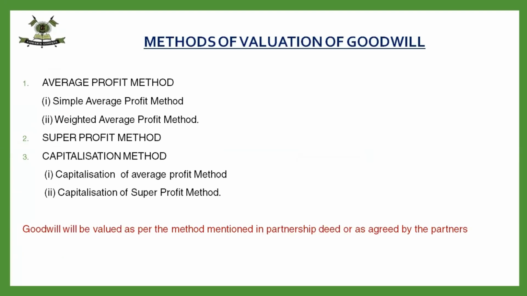I'm mentioning premium for goodwill, not goodwill here, because this is valuation of goodwill. This is self-generated goodwill, and Accounting Standard 26 becomes applicable here. And Accounting Standard 26 says that the self-generated goodwill cannot be recorded in the books of account. So I cannot call it goodwill. I am just naming it premium for goodwill.